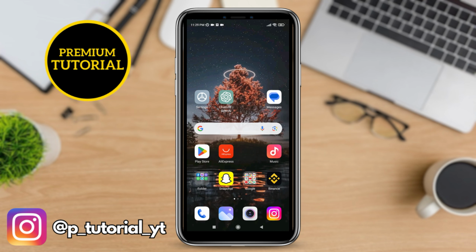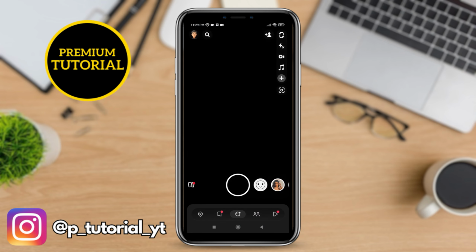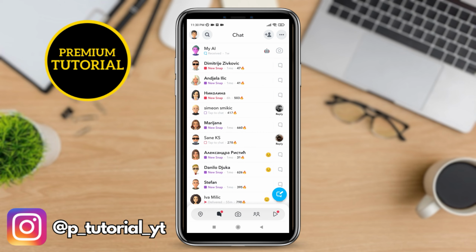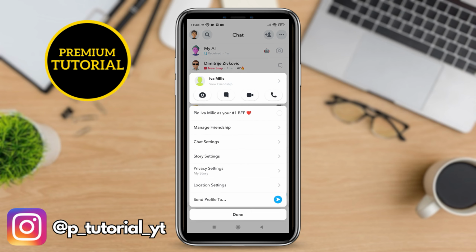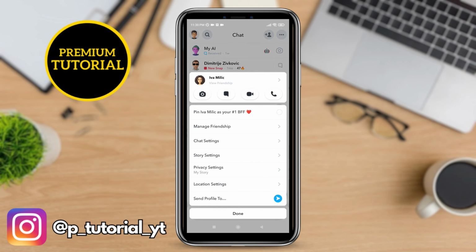First let's open the Snapchat app on your device. And then swipe to the right side to open chats. Now you can see all your friends, and you need to long press on someone you want to mute calls from. When you do that you will come to this menu with these options, and you need to tap on chat